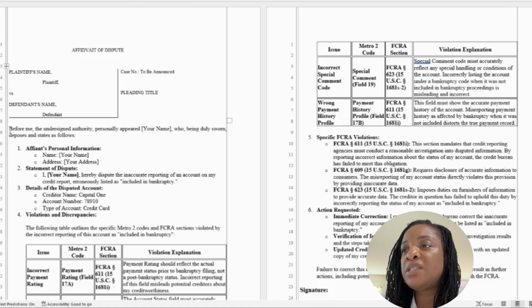So here at the very top, it says, before me, the undersigned authority personally appeared, and your name would go here, who being duly sworn deposes and states as following. So here again, you're going to put your name and address and any other information that you want to put here. Like some people will put like their email address and phone number there. I wouldn't do that, but so your statement of dispute, and you're going to say, I, Tina, hereby dispute the